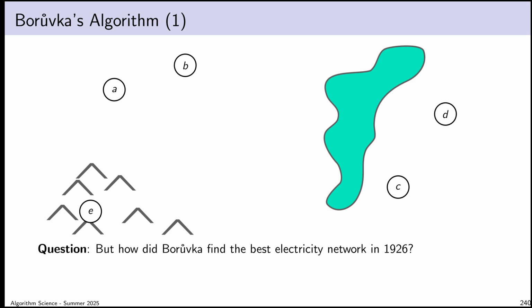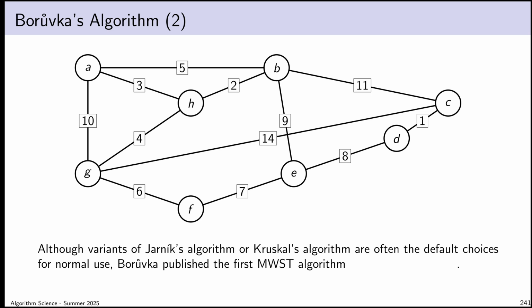I really like Borůvka's algorithm, and that's why I saved it, because I figured that by this point in the lecture, I wouldn't have the same amount of patience for the other algorithms that I have for Borůvka's algorithm. So I want to describe Borůvka's algorithm. In practice, it turns out, if you are likely to implement a minimum weight spanning tree algorithm, you probably would implement either Jarník's algorithm, maybe more likely Kruskal's algorithm, or a more complicated algorithm, or one based